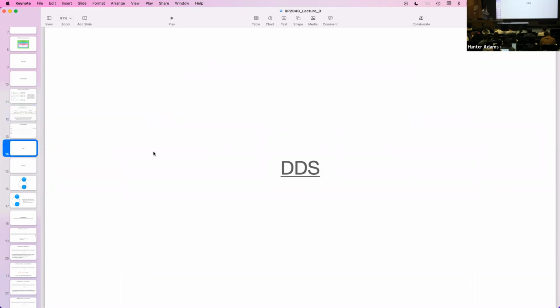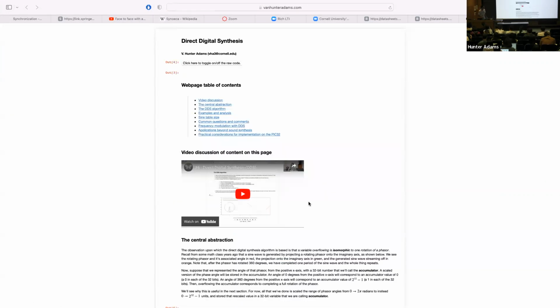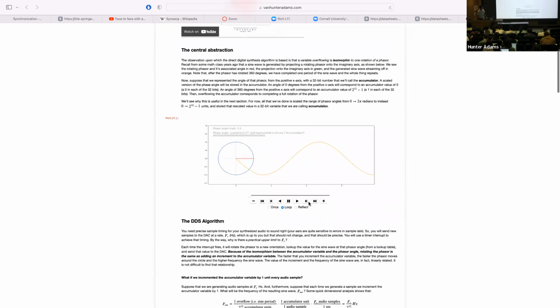The next thing that we talked about was direct digital synthesis. I'll just pull this up for a moment. Which is an algorithm, so it's not specific to the RP2040. And I'll just remind you that the central notion at the core of this algorithm is to realize that if we come up with a new unit for angle, so instead of degrees, instead of radians, a new unit which we've been calling accumulator units, and we decide that in one rotation there will be 2 to the 32 of those units, then